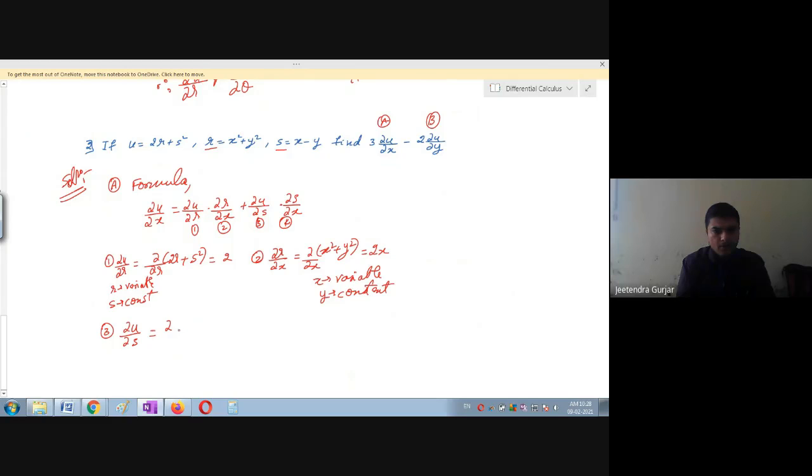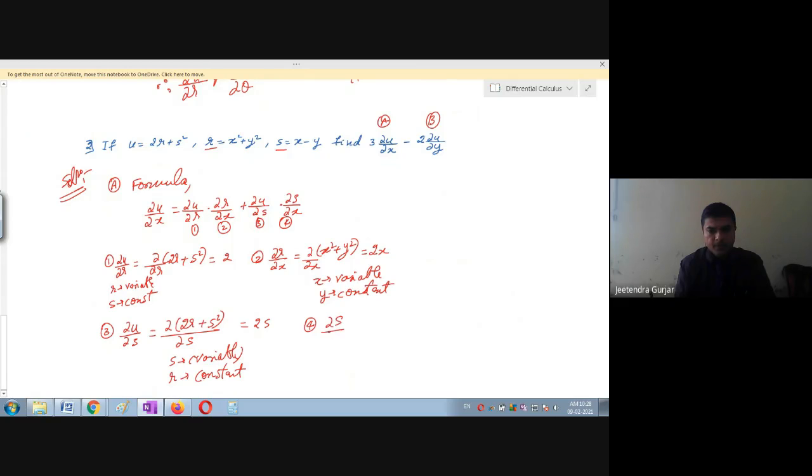Okay. So now what is u? Just substitute u. It is 2r plus s square, differentiated with respect to s. Now tell me what is your variable. Definitely s is variable, right? S is variable and r is, can anybody tell me what is r? R is constant. That's it. So now you can see, you can simplify. So 2r will become 0 and differentiation of s square will become 2s. Very good. So we will move to the fourth one.